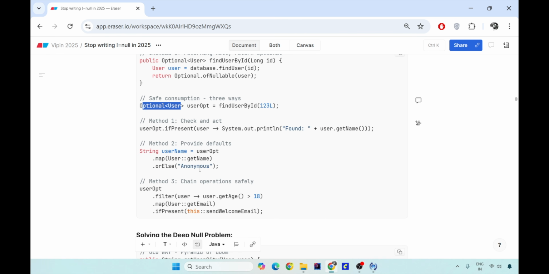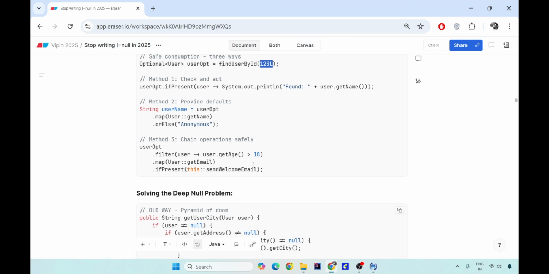The second way is to provide defaults. Like, I don't want to just return you nothing. It will basically do nothing. So what we can do rather is set a default. And how to set a default? On this user that is Optional, you can map it to get the username or else anonymous. So this will not throw you a null pointer exception when it is null. Rather, Optional.map will return you an empty Optional which will cater to this particular condition and will return you anonymous. So your username becomes anonymous if this user 123L is not found in the database.